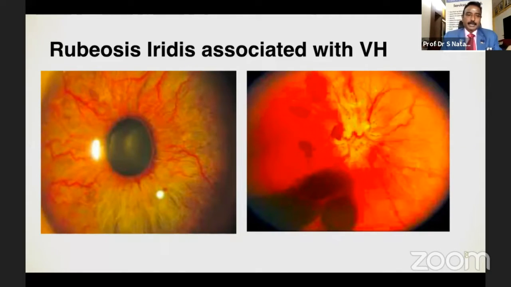Earlier, I was also adding the cryo, but now I don't, because of the wide angle, you can do up to the ora. And in case you can't see the periphery, you can indent, and even in a phakic eye or a pseudophakic eye, you'll be able to go up to the periphery and do as much laser as possible, and also add